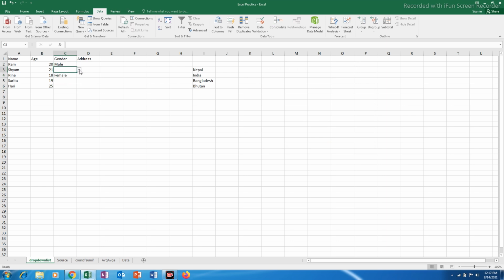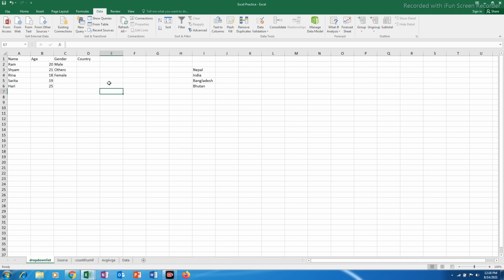So this is only useful if you have only 2-3 options, but suppose if you have more options, then what you can do is you can at first create a source and then you can use that source to create a drop down list. For example, I have address here, or let me make it rather country. So I have this country here and I have to select to which countries does this people belong. Now countries can be many, so what I can do is I can create a source like this one. I can create it in the same page or I can create it in a different sheet.